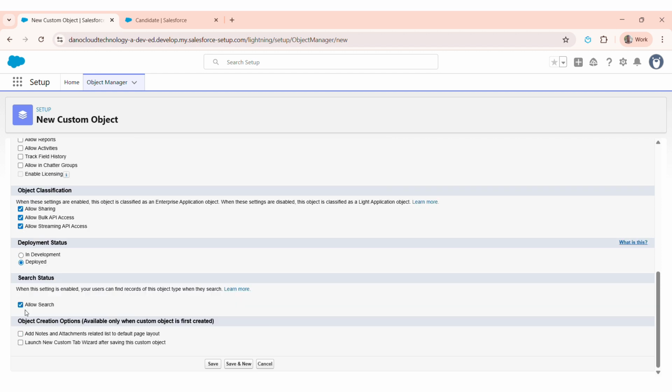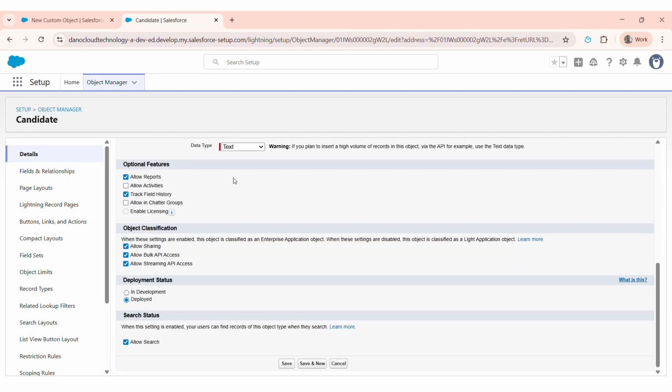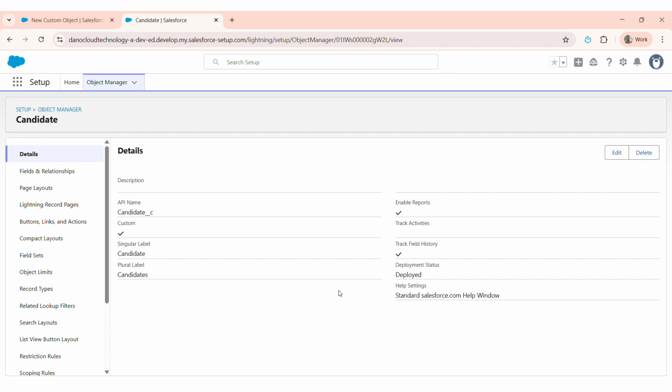Allow search for searching the object and add a tab. Save. I already created it in my org, so I just view it, then save. Congratulations, you just built the foundation of the